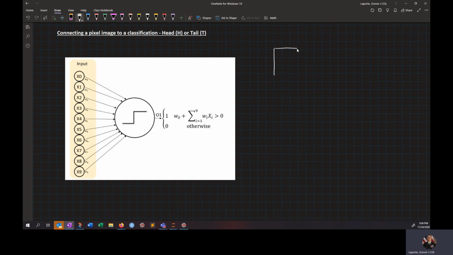So given a 3x3 pixel grid, let's number it 1, 2, 3, 4, 5, 6, 7, 8, 9. If I have a 3x3 little area here with pixels, what I want to do is train a network to think that if